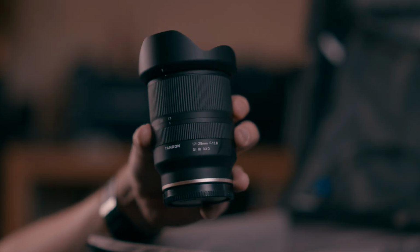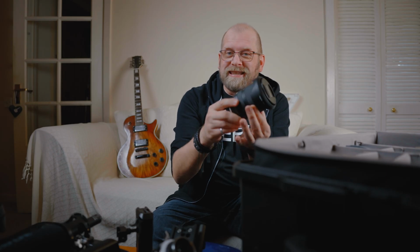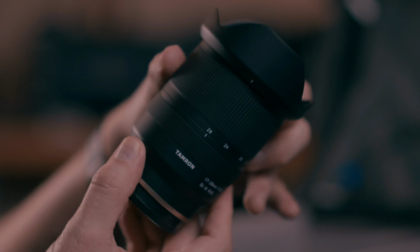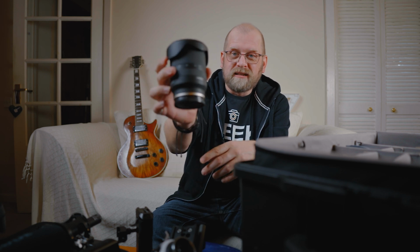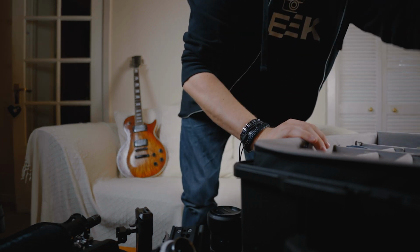Tamron 17-28 f2.8 lens. I bought this lens especially for using on Sony cameras on a gimbal, because when you zoom in it doesn't extend, so you don't have to rebalance the gimbal when filming with it. Great little wide angle lens. I have actually never reviewed it. I might actually do a review of this sometime soon, but this is my go-to gimbal lens. And the last one in this case